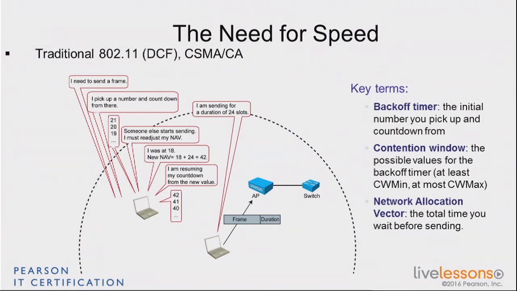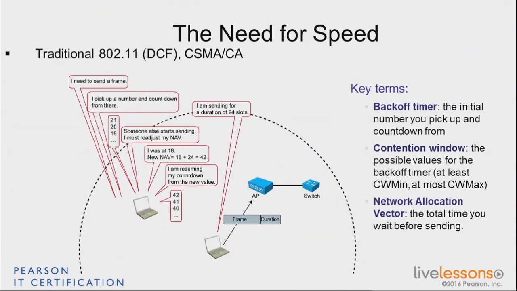So what you do is that you add that number to your countdown number, and then you count down from the top, and you don't need to listen to the air because you know that as long as you're counting down to that 18 where you stopped, somebody else is sending anyway. So, both ways describe the same principle anyway. You let that frame pass, and once it has passed, you resume a countdown from where you stopped, maybe 18 and so on. Okay, now, there are a few words you need to be aware of.